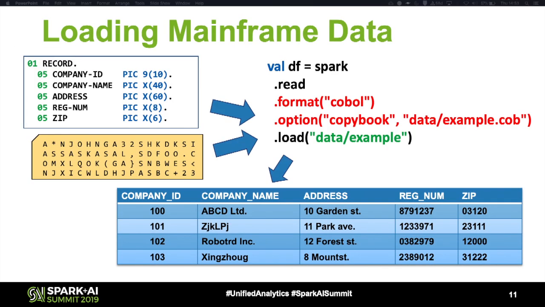But when you have a copybook and a data file, in the simplest cases, then this mainframe file contains a set of fixed length records. Using Cobrix is absolutely simple. You just specify format as cobol to a Spark reader, and you provide a mandatory option, the location or the content of the copybook. And that's it. You have a data frame that you can process in Spark.